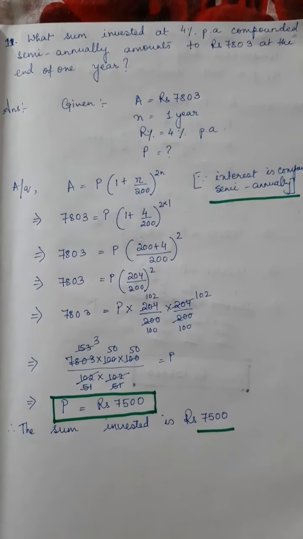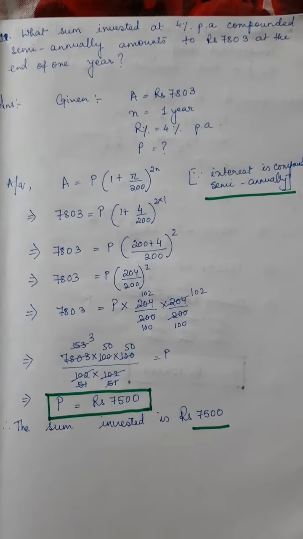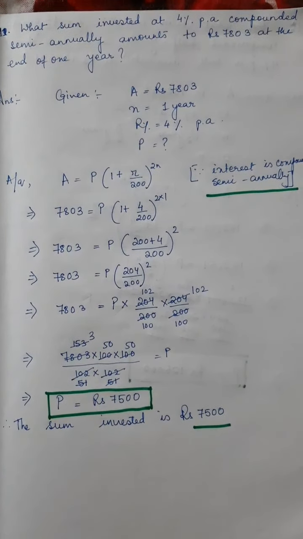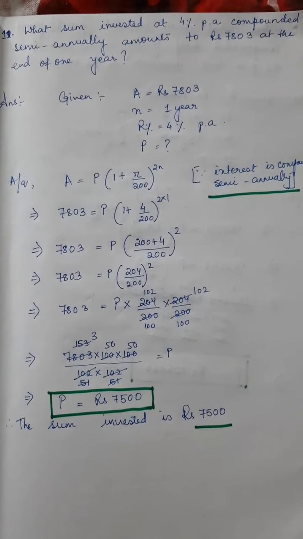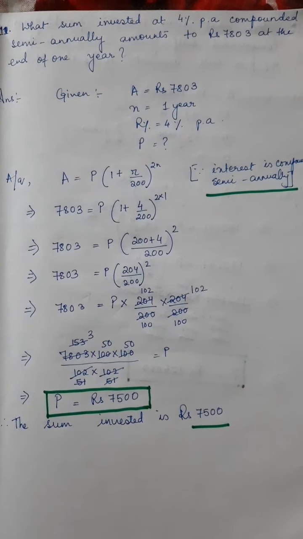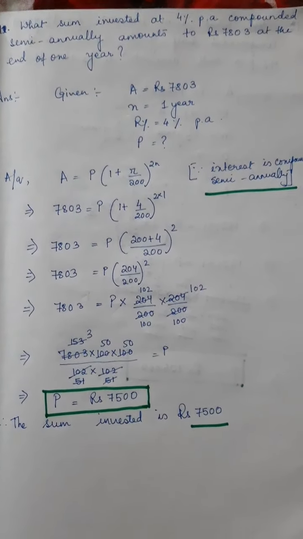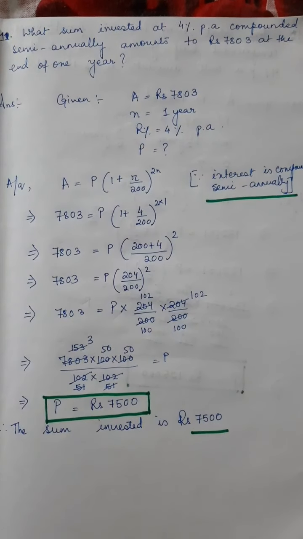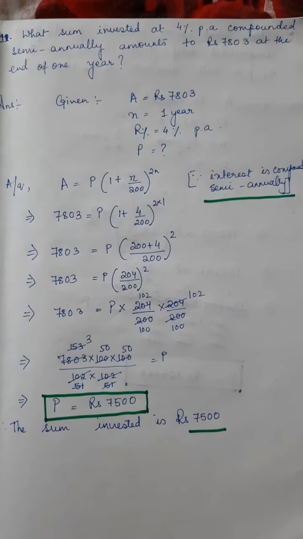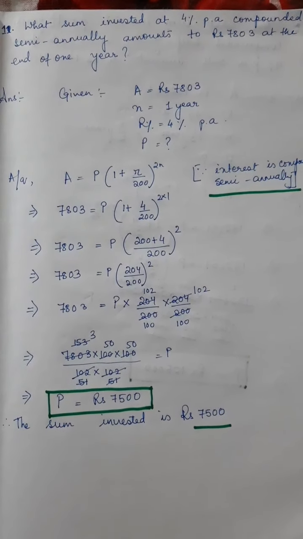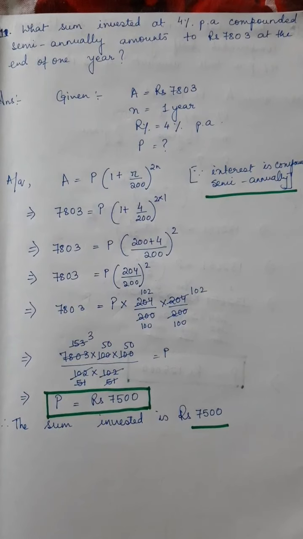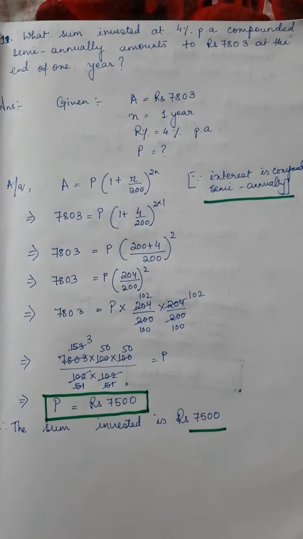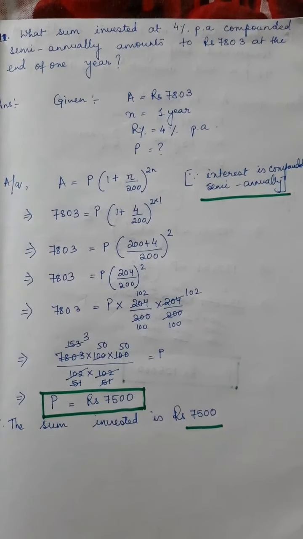That means principal will only amount to, that means 7803 is the amount given over here and the principal is not given. So it's very important to understand from the question what is given and what is not given in the question. Whether amount is given or the principal is given. In this particular sum, the amount is given and the principal is not given. You have to find. So using semi-annually formula, since it's given semi-annually, so half-yearly formula, that is amount is equal to P into 1 plus R by 200 to the power 2n.